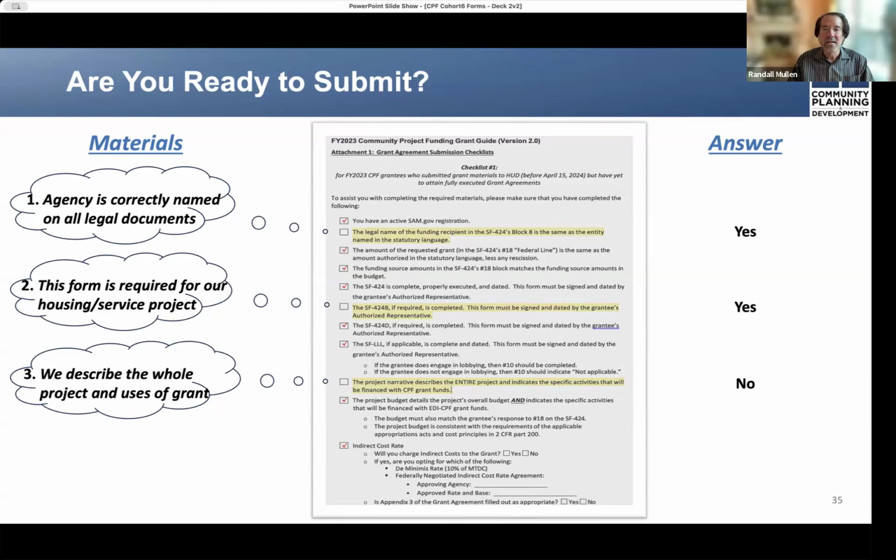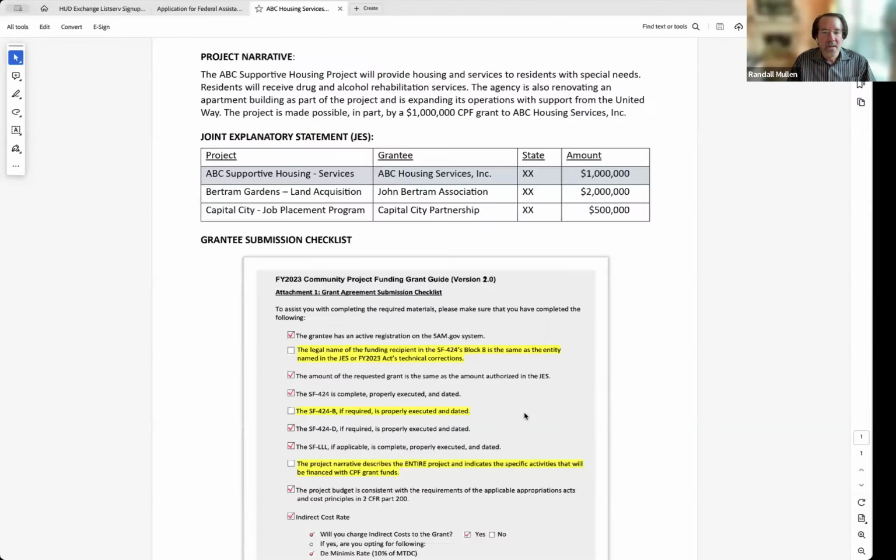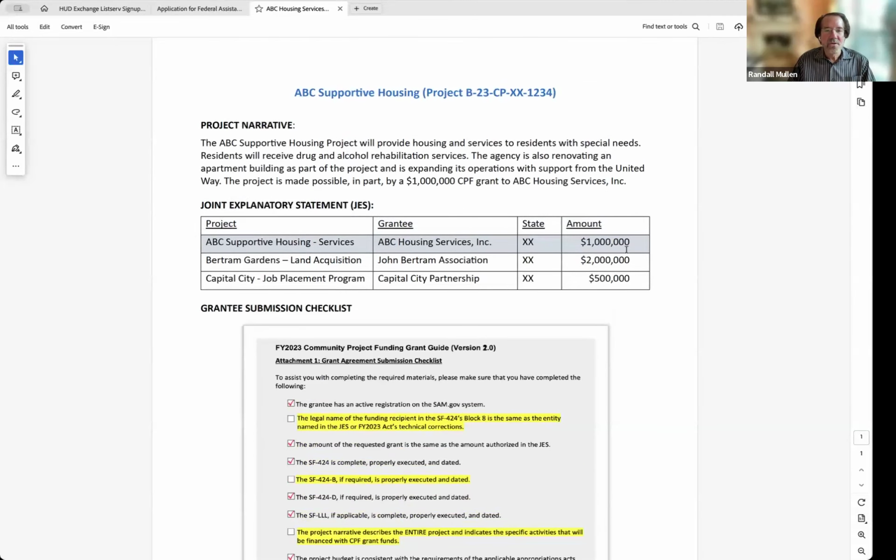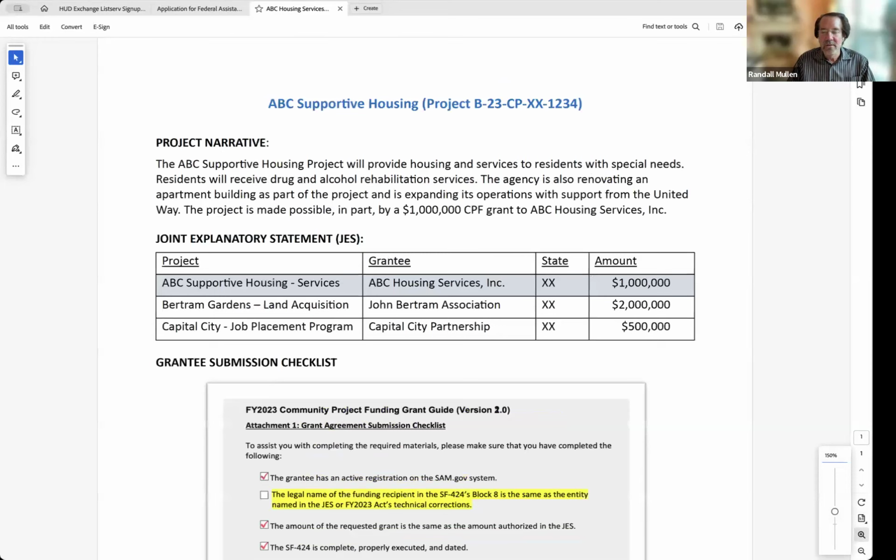The answer there is no. Going back one more time to the PDF file, I will scroll down here so you all can see what I'm referencing and enlarge the paragraph.